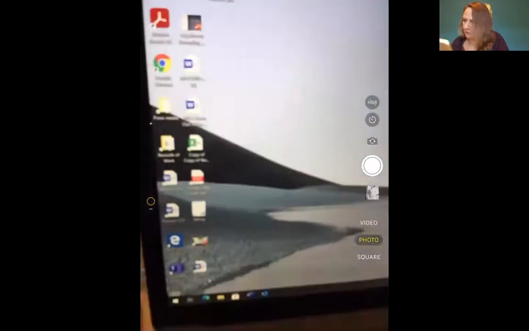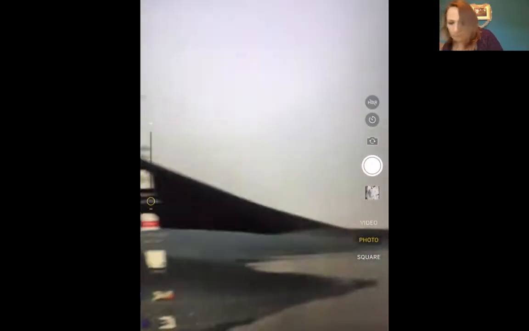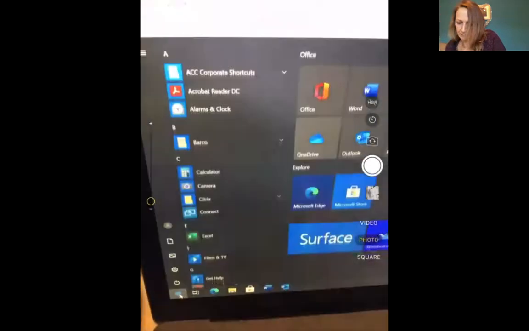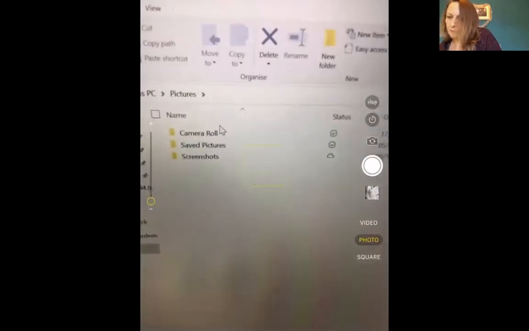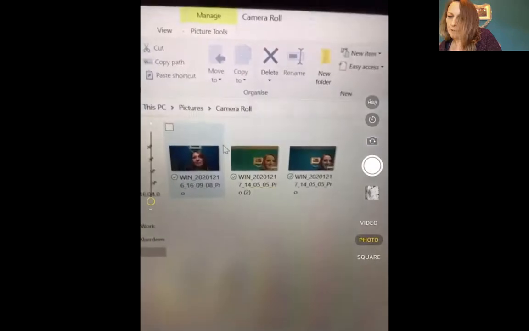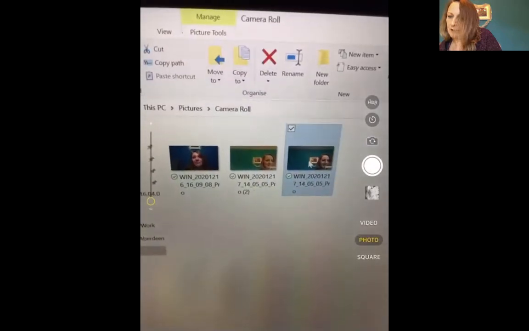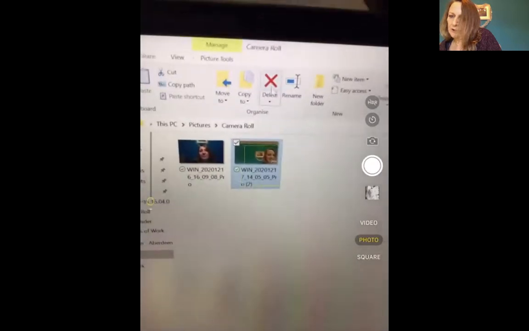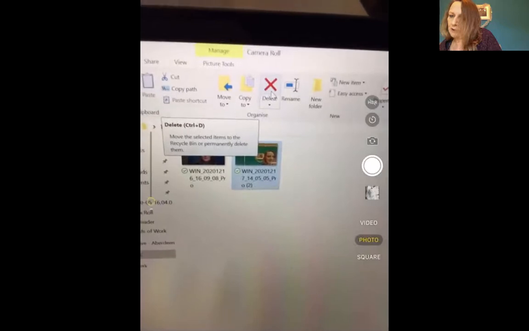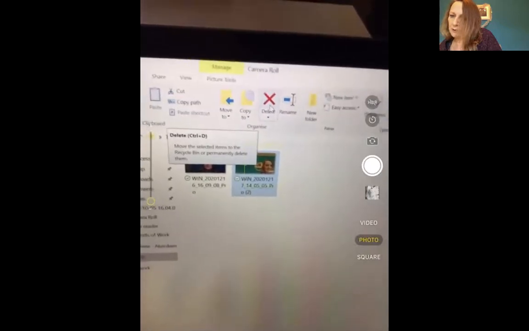So close that off, close that one again, and then we'll remember any time that we'll want to find it again. Then we go into the start button in the corner, into pictures, into the camera roll, double click, and there they are. And if I decide I don't like them, I can just go delete. And just select the one, just one click. I don't want to open it. If you want to open something, you double click it. If you just want to select it, then you just click it once. And then delete, and that's gone. And now nobody knows what horrible picture